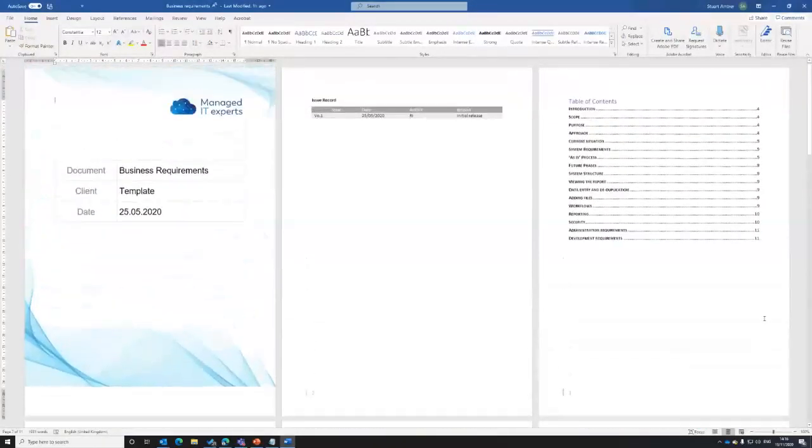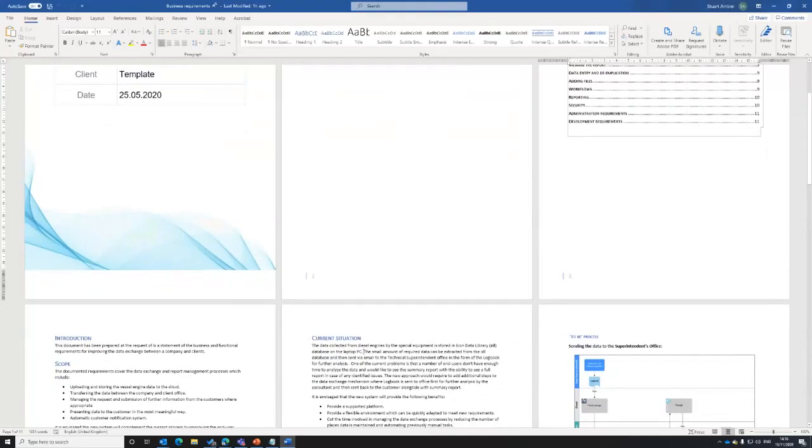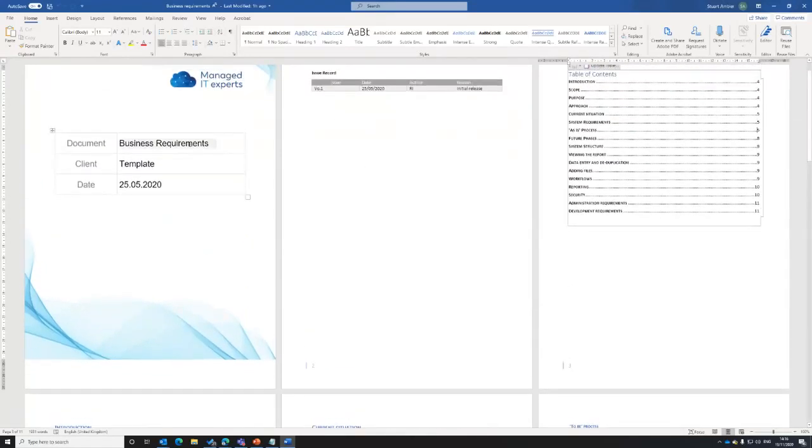I can then add comments. I can maybe make changes. I can make amendments, and everything I do, all the changes I make are all automatically updated into that Teams document, so that Richard can see that. And if Richard was to jump onto this document as well, maybe we're in a meeting, in a Teams meeting, we're discussing it, he can jump into this document just now as well. I'll be able to see him, I'll be able to see what he's doing.